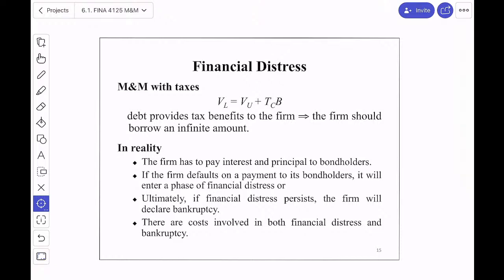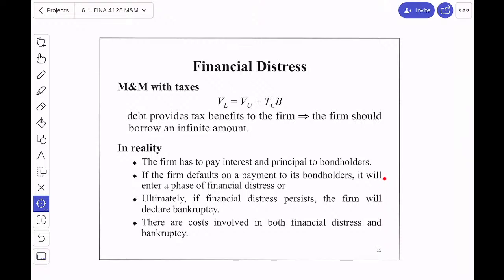Beginning with the second case of the value of the levered firm with taxes, although debt provides a tax benefit to the firm, looks like it should borrow an infinite amount, the reality is that the firm will have to pay interest and principal to bondholders. If we remove the assumption that there is no default risk,